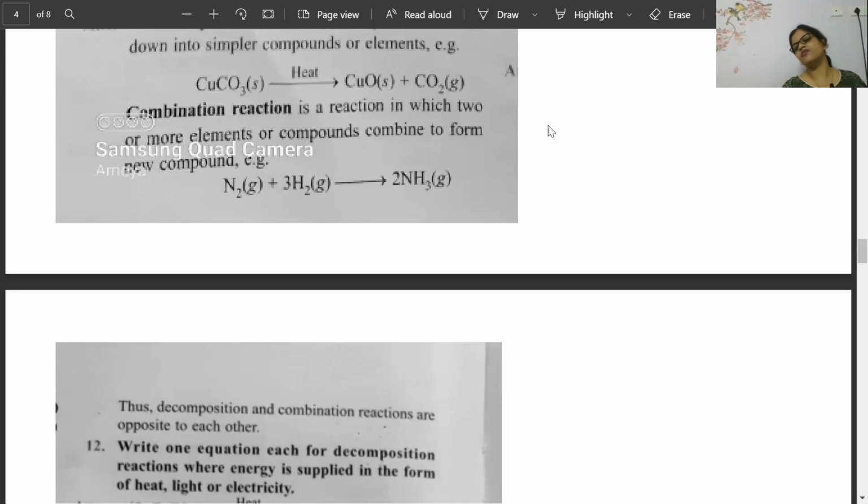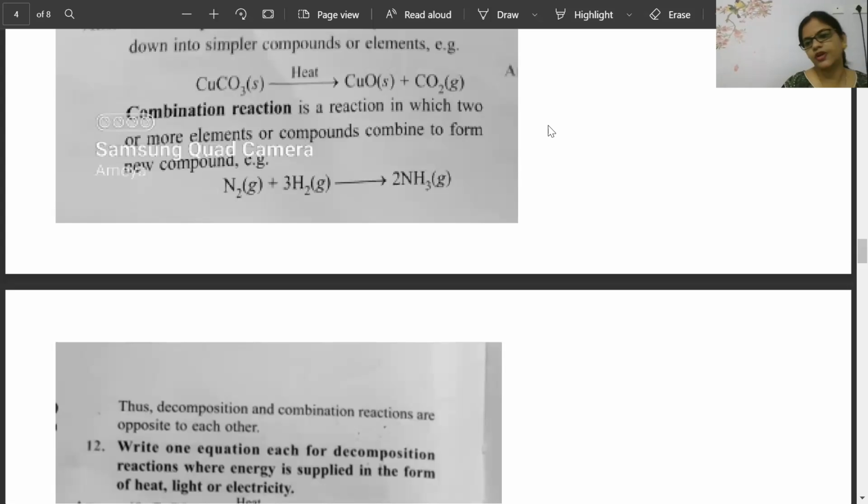Okay. Silver chloride gives silver and chlorine. Is heat released here or absorbed, beta? Because this reaction will not take place in absence of sunlight. Okay, Kritika is telling about electricity, absorbed. Very good, beta. Heat is absorbed. So if heat is absorbed, better to put it above the arrow if you write, or on the reactant side, because heat is absorbed.